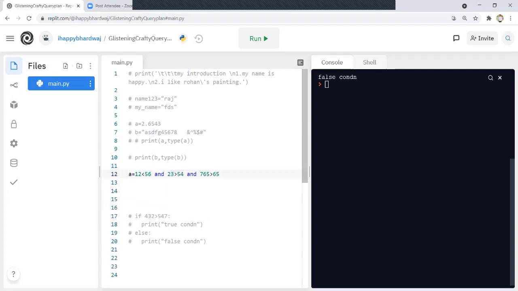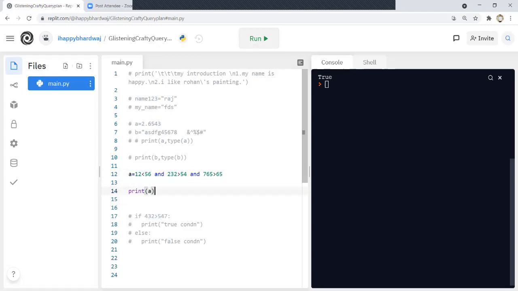So what will basically happen here? If I try printing a, if all the three conditions are true, then and only then true will be saved inside this variable a. If any single condition is false, it will print false here. Now this first condition is true, the second condition is false, the third condition is true, so it will print false here. Let me make the second condition also true. Now all the three conditions are true, so it will print true here in the console.